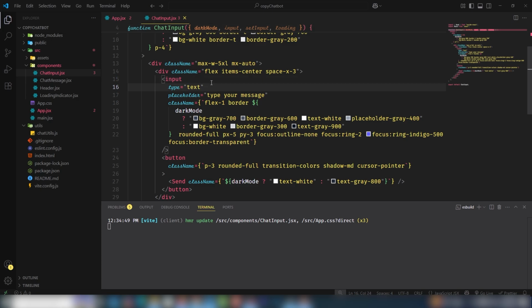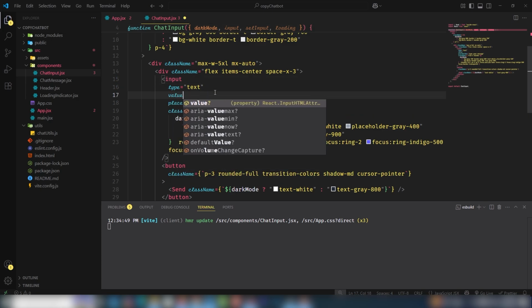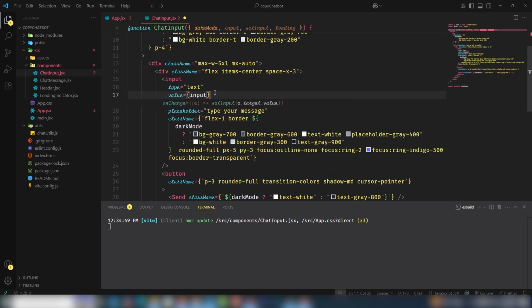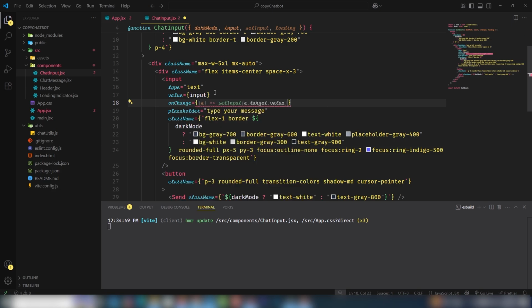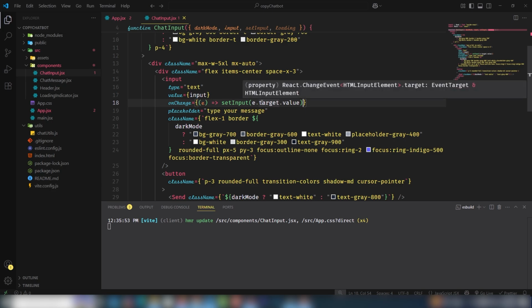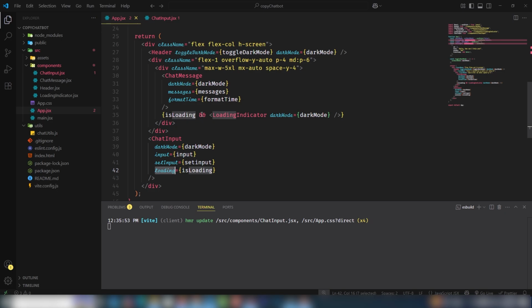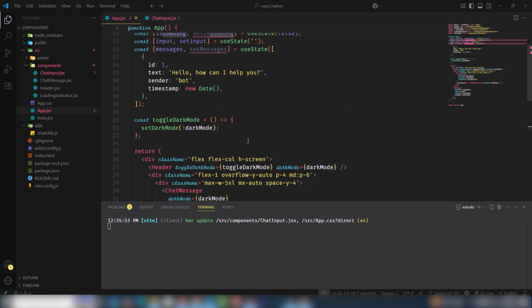Here is the input. The first thing is I need to pass the value coming from my input prop, and then I also need to use the event when I change something inside the input field. I need to use e and pass the value inside the input field, e.target.value, right? So let's move on to the handle function that will help us handle the event when the user clicks on the input field, right? So let me open this one. After that,